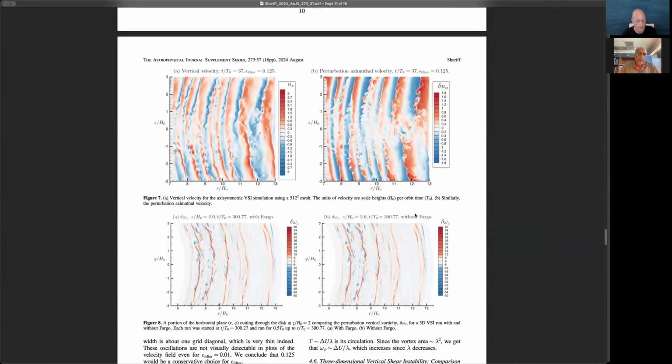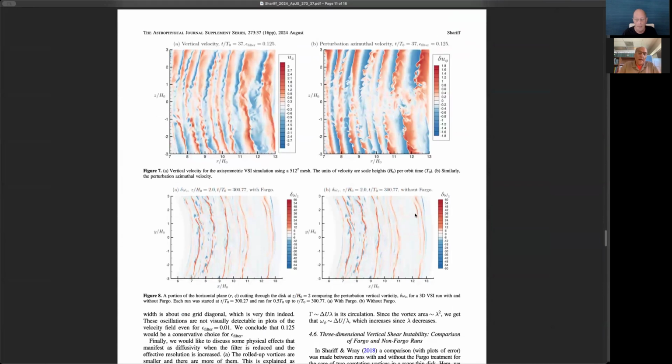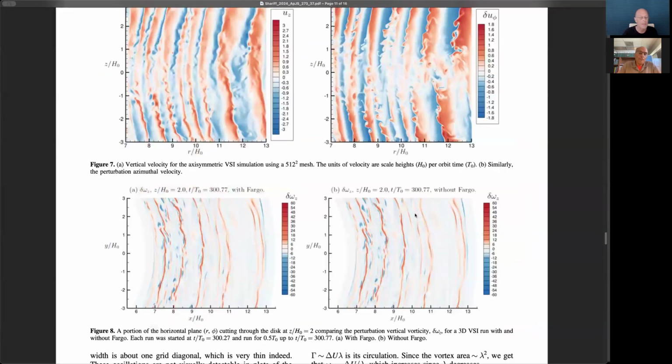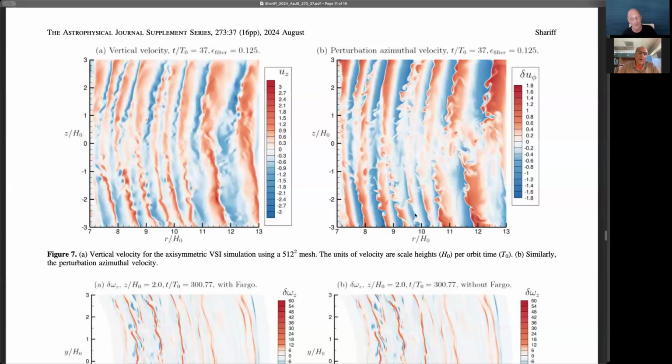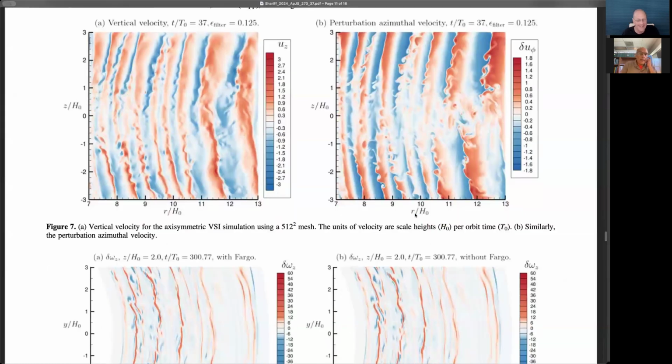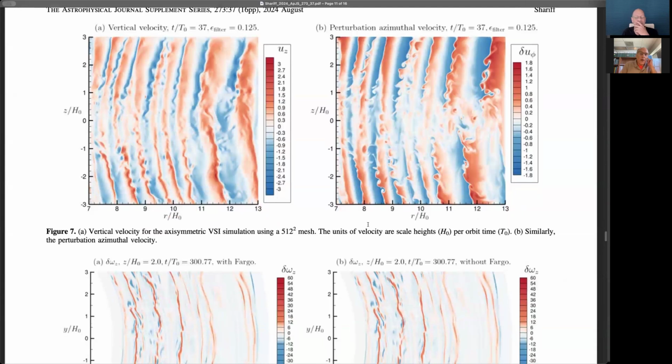Okay, now this figure was done because the referee wanted to see that with Fargo and without Fargo, we don't lose any accuracy. Now Fargo allows for a bigger time step, and so